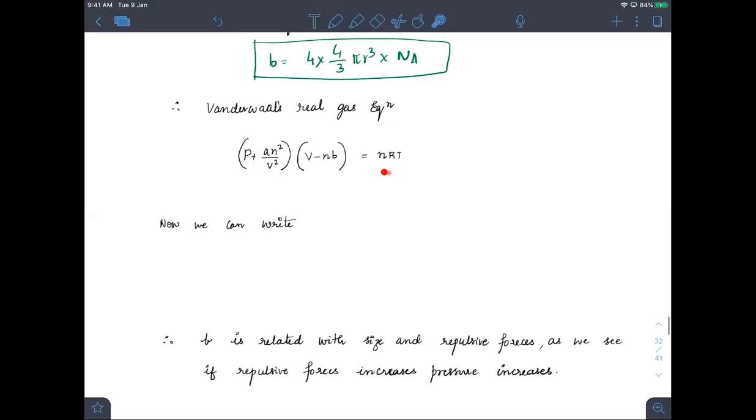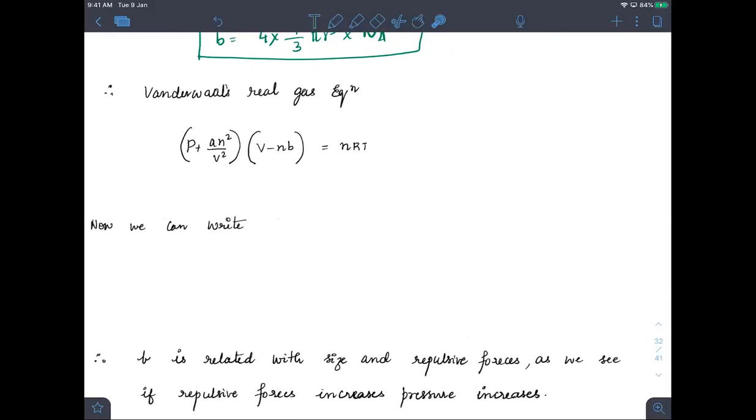Combining both of them, we will get the van der Waals equation as this. So I want all of you to just make a note of this one. What is the van der Waals real gas equation? So it is P plus A n square by V square into V minus nB is equal to nRT. Here the assumptions are A and B are independent